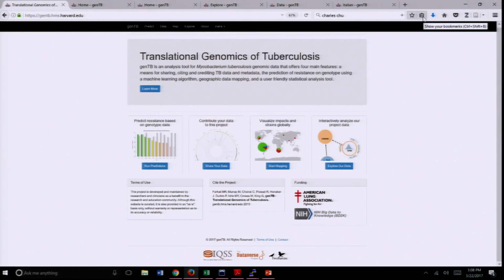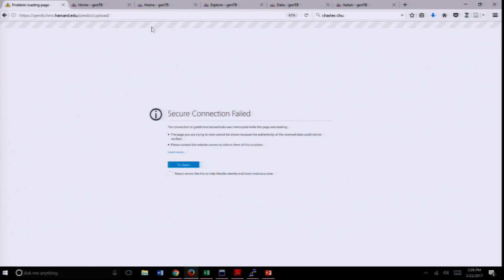So I'm going to do the brave thing of trying to do a little demo of the tool. So bear with me. I'm sorry, this is kind of small, but there are 4 main features, and I'm going to start off with this prediction feature. If they want to follow me on their laptops, the URL is gentb.hms.harvard.edu. So if you click on predict,